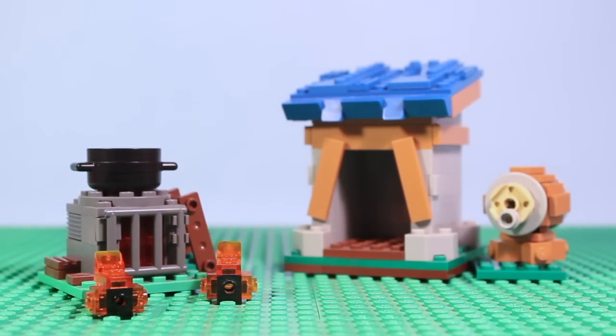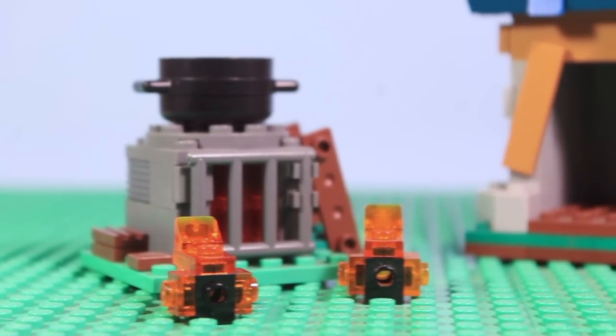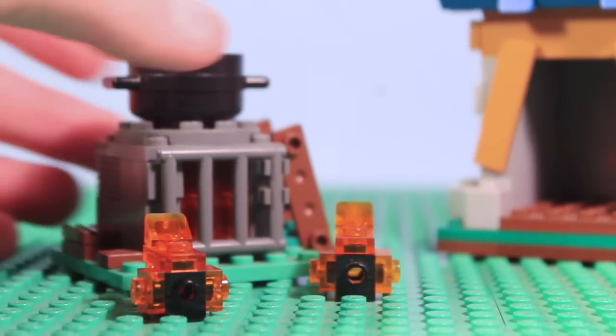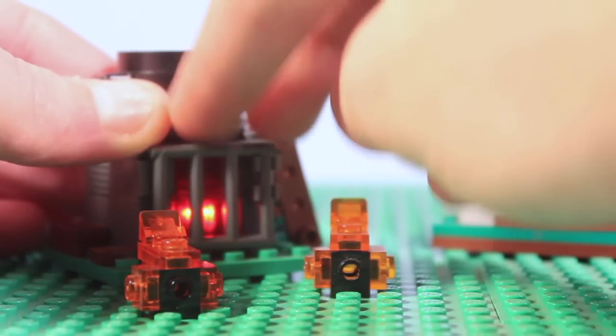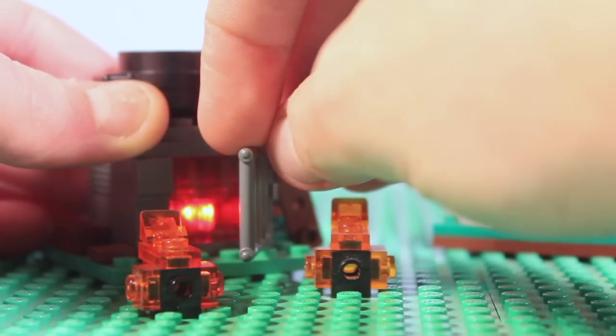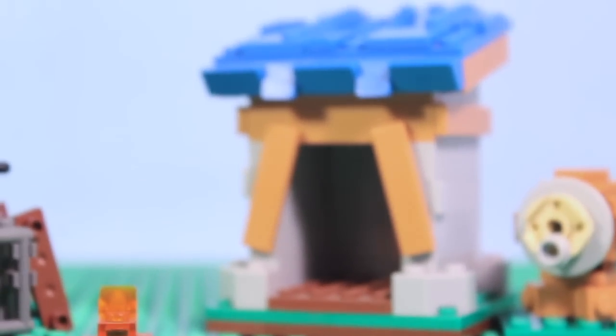Up next we have two spawners, the Furnace and the Barbarian Hut. Now I'm going to start with the Furnace. As you can see, in front of it there are two fire spirits, completely brick built, but behind here there's actually a light brick, and when you press it, it activates a light and really gives the Furnace a realistic feel to it, so that was fun to build. Also, the